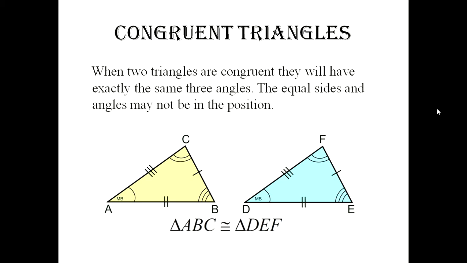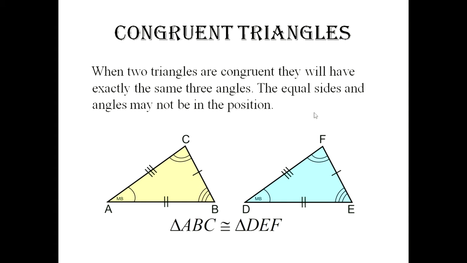So there is a diagram here which is explaining congruent triangles. So first we will know what they are. In triangles we know that there are three sides and there are three angles. So here we can see that side BC is equal to side EF. Also side AB is equal to side DE, and also side AC is equal to side DF.